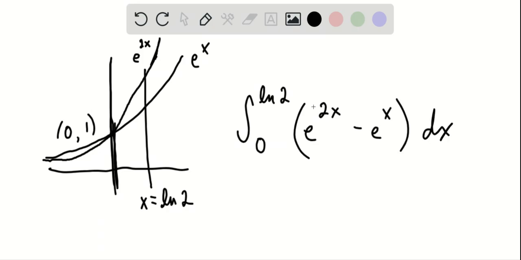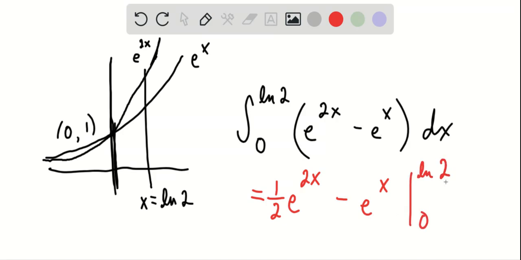Now, I would not use u substitution, if you want my opinion, as I would just think, okay, well, if it's e to the 2x, if I did the derivative of e to the 2x, I would get e to the 2x times 2 because of the chain rule. Well, how you fix the times 2 is sticking a 1/2 in front. And you can double check that this is correct because if you take the derivative of 1/2 e to the 2x, you get e to the 2x times 2, which cancels out with this 1/2. So we're good there. Minus the derivative of e to the x, which is e to the x, from 0 to